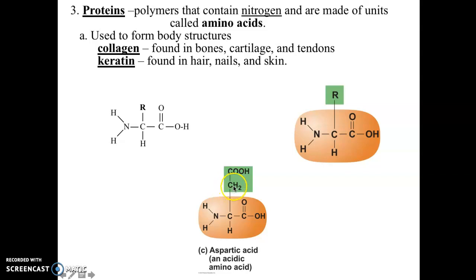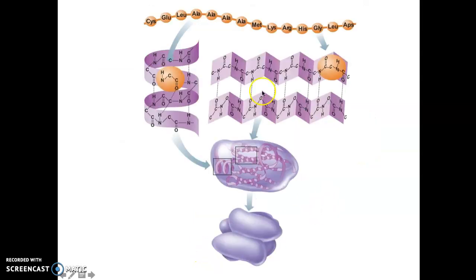Here they've attached a carbon with two hydrogens and an acid group, C double bond O and OH, kind of like down here, just written a little different. And so this is an acidic amino acid called aspartic acid. And there's about 23 to 26 of these different amino acids that are used to build all the proteins in our body. Now, those amino acids have to be strung together like pop beads on a necklace in a long